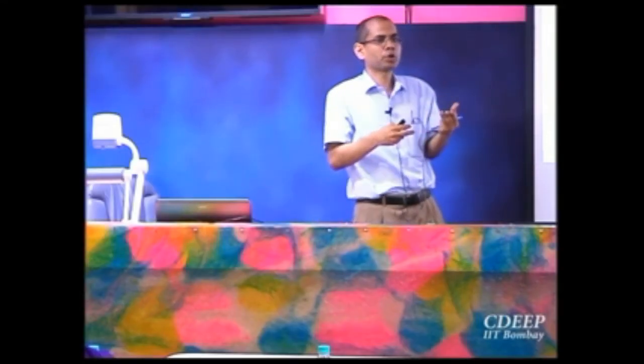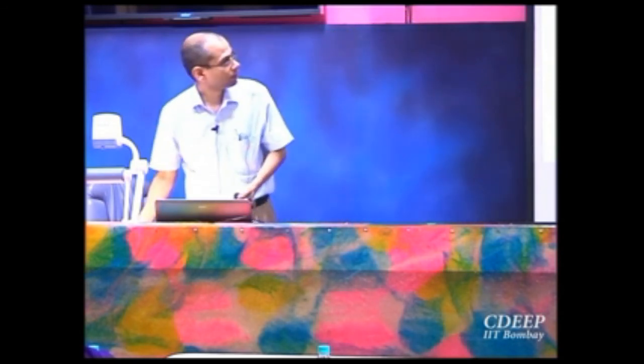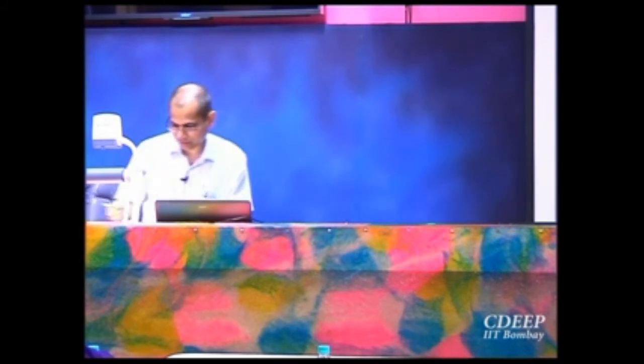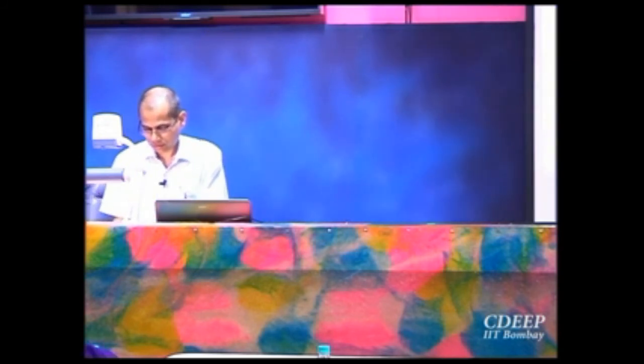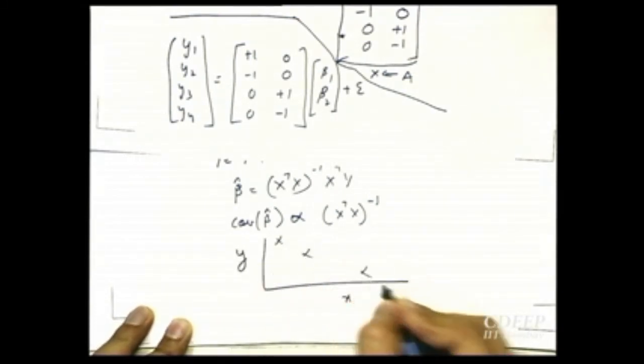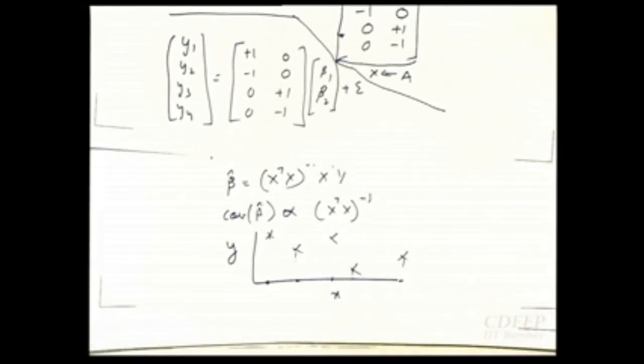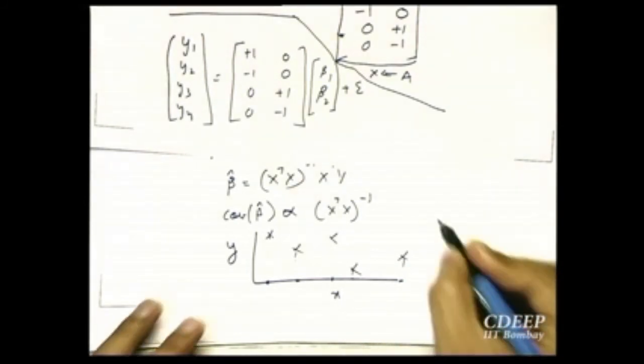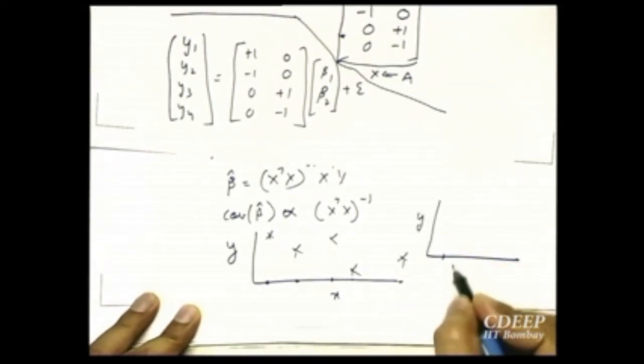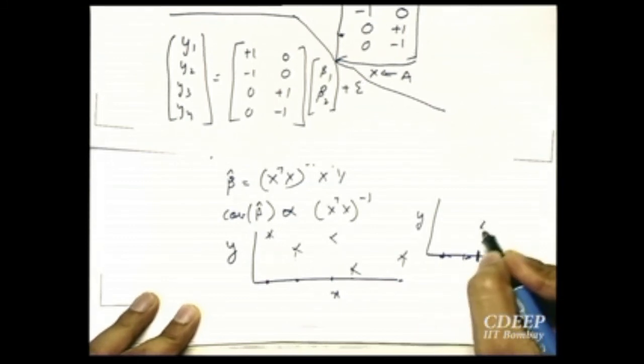It will have an effect, but how do you find out? Only when you change this. It's like doing an experiment. If you look at our regression, we have been looking at these y and x plots in that mileage example. What is happening in x is that I am varying x. Sometimes x takes this value, sometimes that value, right? Only when I change it can I say how much is the effect in y. If for all the experiments I had kept x at the same level, what will happen to my y?